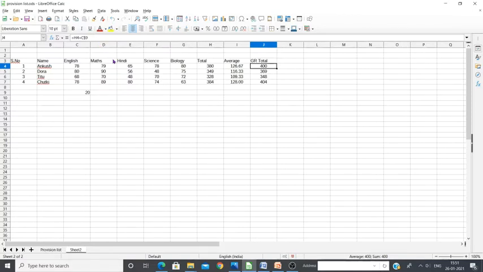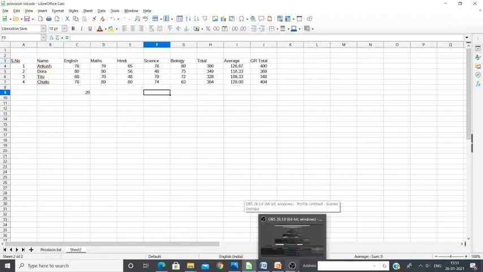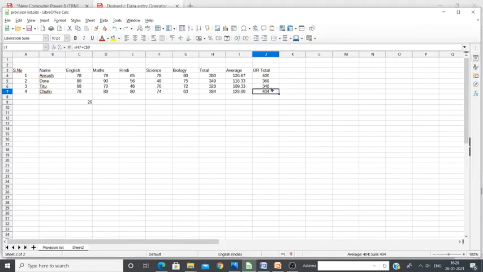Is it clear? Okay, then the last one, it's called absolute reference. Let's see what is absolute reference. In the mixed reference, we are using the dollar symbol either before the column header or row number to make it constant. But in absolute reference, both should be constant.